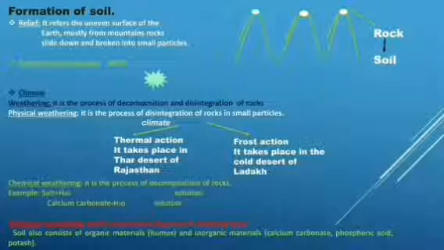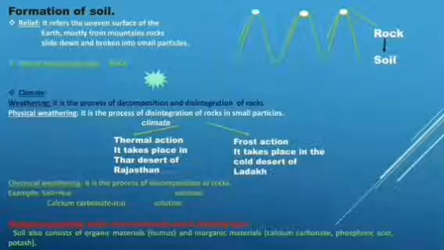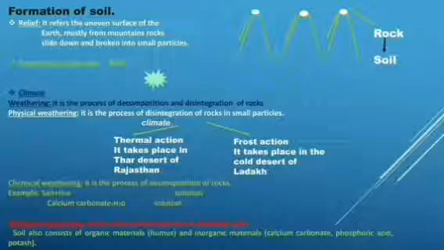Particularly mountains. On mountain slopes, the rocks slide down due to the force of glacier and water. These rocks collide with the other rocks and are converted into sand, as it is shown in this diagram.